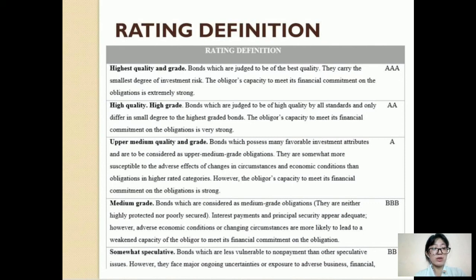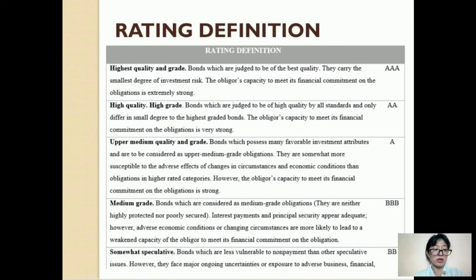From BBB to B, these bonds are considered medium grade obligations because they are neither highly protected nor poorly secured. However, they face major ongoing uncertainties, which appear adequate. This is also more likely to lead to a weakened capacity of the obligor to meet its financial commitment